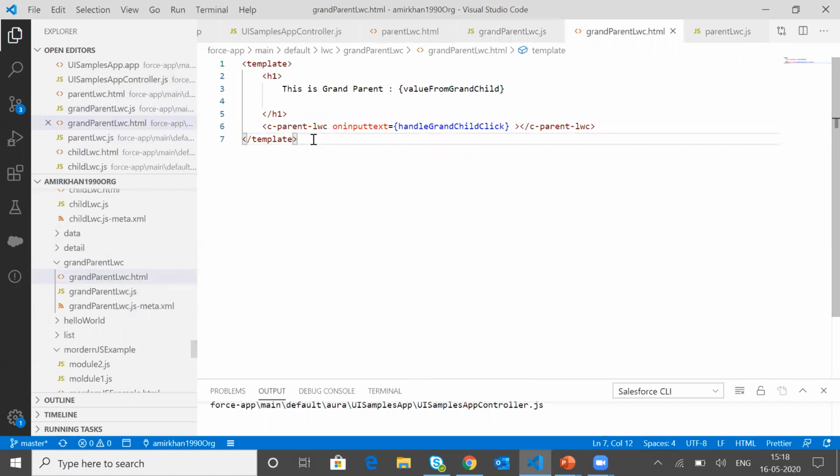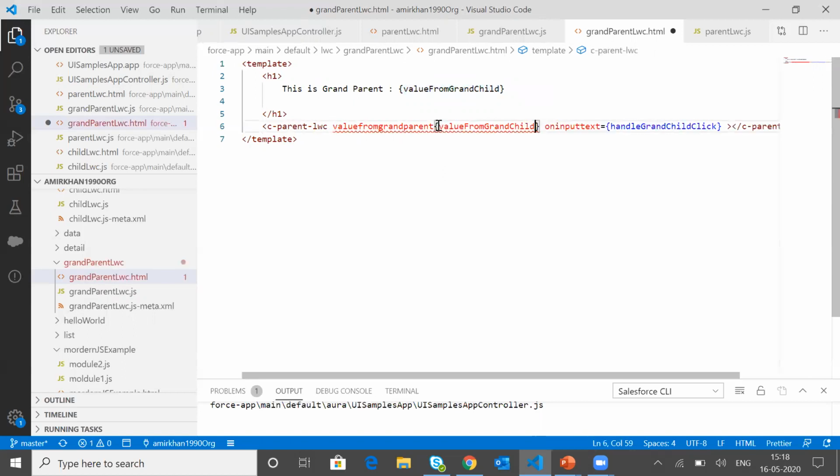So on the grandparent LWC, at the place where we have referred to the parent LWC, we will be passing the value this way. Okay. So now whatever value we have in valueFromGrandchild, that same value we are passing to the parent LWC component as well.